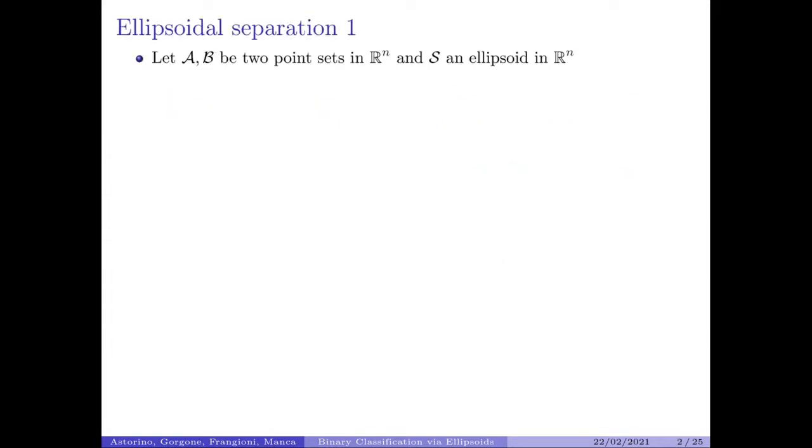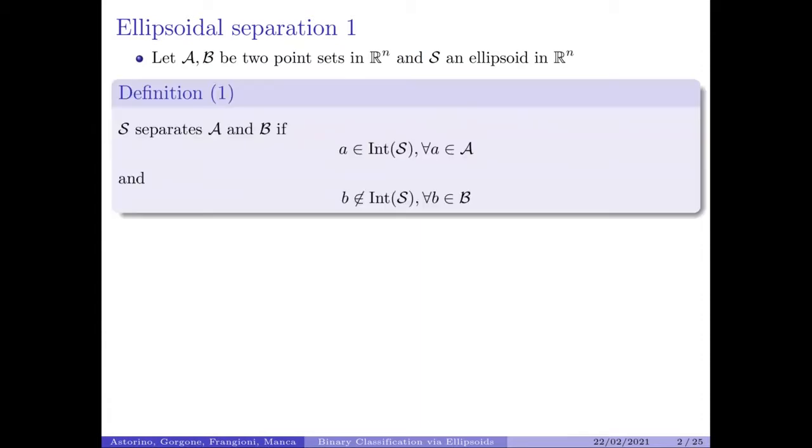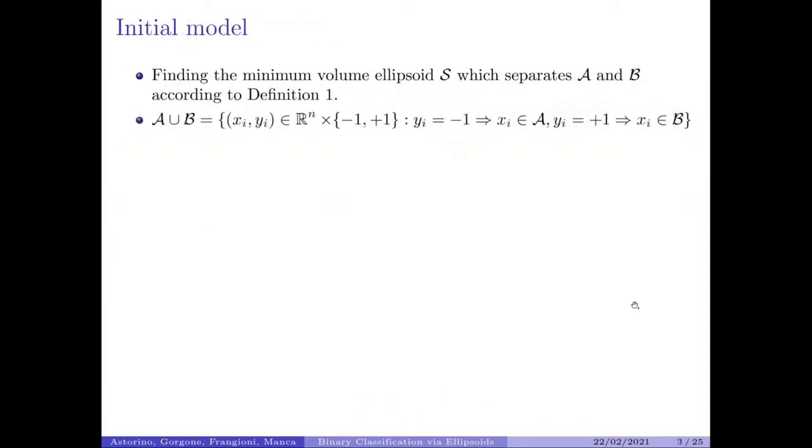So we consider two finite point sets A and B in R^n and an ellipsoid S. And we say that S separates A and B if every point of A is inside the interior of the ellipsoid S, and every point of the set B is left outside of the ellipsoid. So this picture shows the situation we are considering. So what we want to do is to find the minimum volume ellipsoid S, which separates A and B